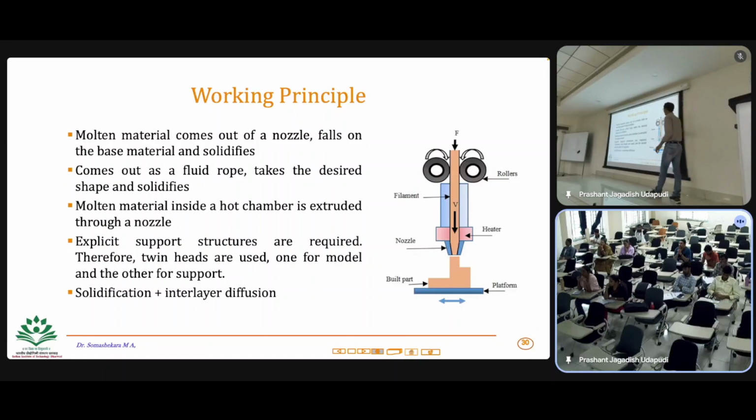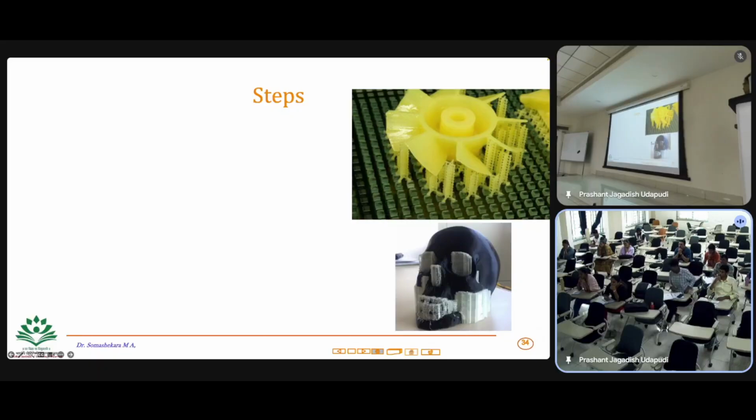Sometimes a support structure may be required. For example, if this is a simple part, you don't need any support structure. But imagine you want to add material on the top of this, but there is no support structure here. Otherwise, the material will fall. So you need to have the support structure in this region, so that the material you add here will stay there. For example, if you see that,